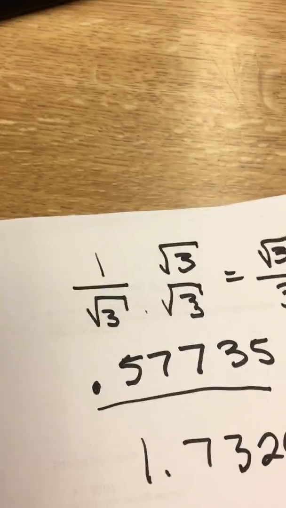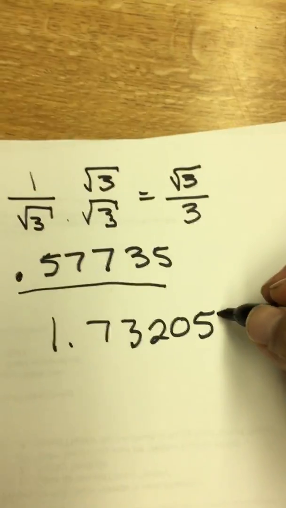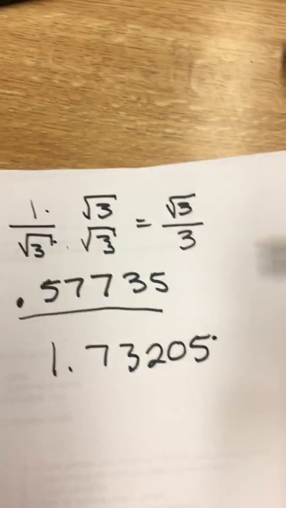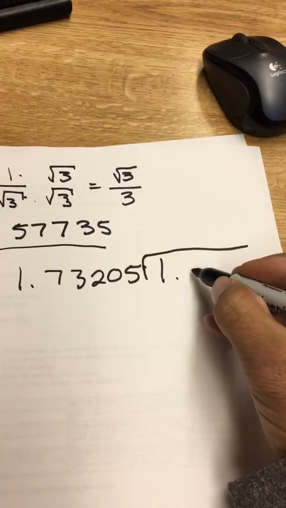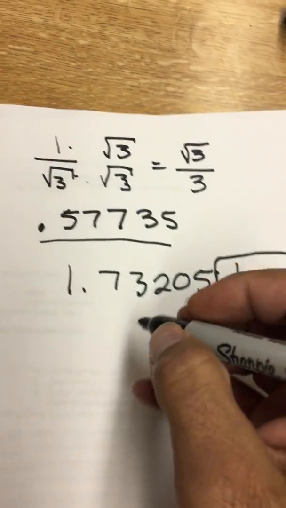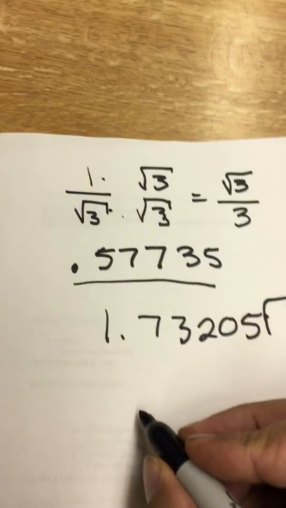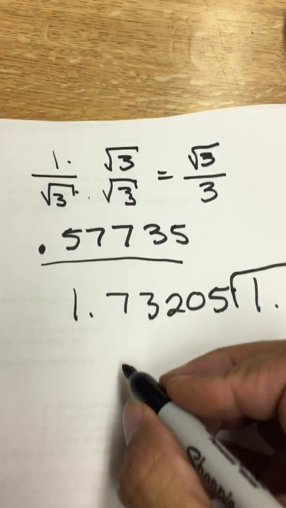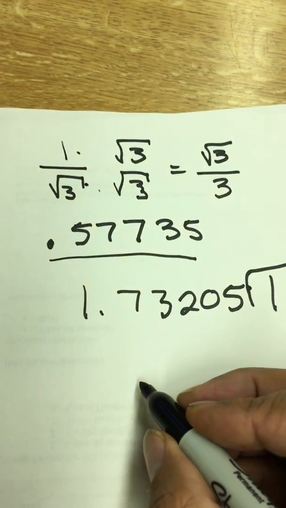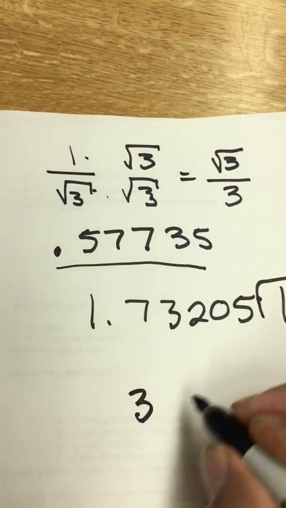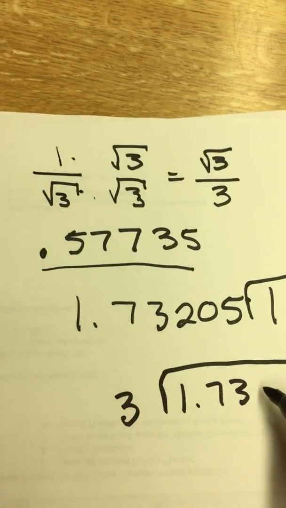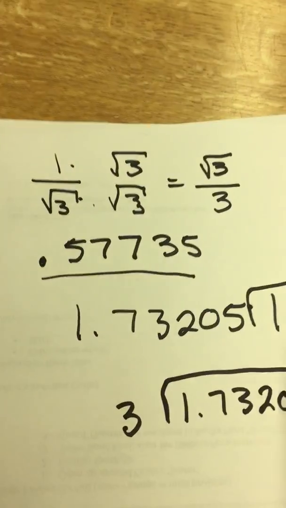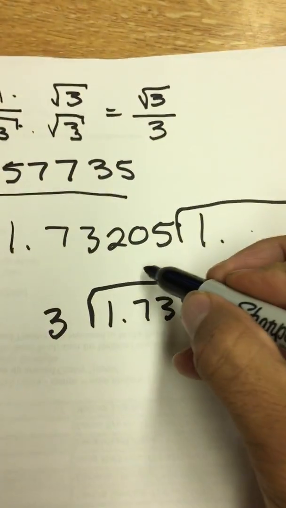So if we took that number right there and put it here, that would be really hard to divide by 1. Wouldn't make a whole lot of sense to divide this by 1 because I'd have to put a bunch of zeros in there. So it makes more sense to rationalize your denominator and take 3 and divide it into 1.73205, because 3 will go into 17